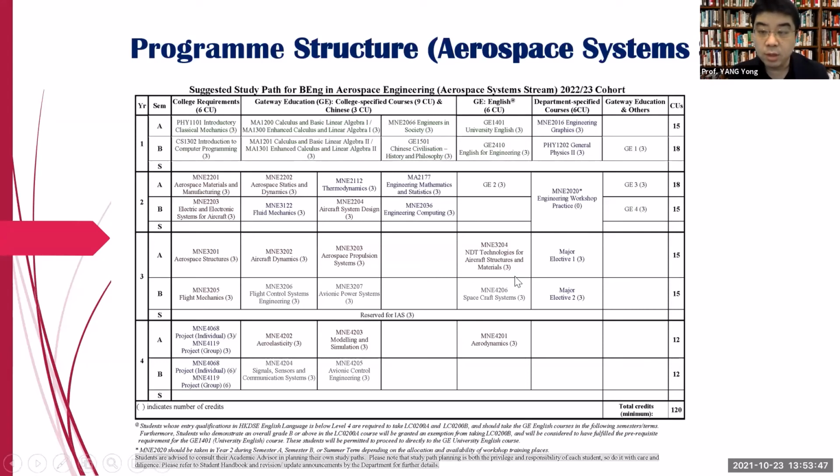This is called the NDT technology for aircraft structural materials. The reason for me to emphasize the subject is that it's recommended by one of our industrial partners here in CityU. Now in Hong Kong, we know Hong Kong is an aviation hub, right? So there's quite a lot of manpower needed to do the maintenance for aircrafts. One of the key components in this service is to make sure that the integrity of structures is good, so you don't have any unexpected damage within these aerospace structures.